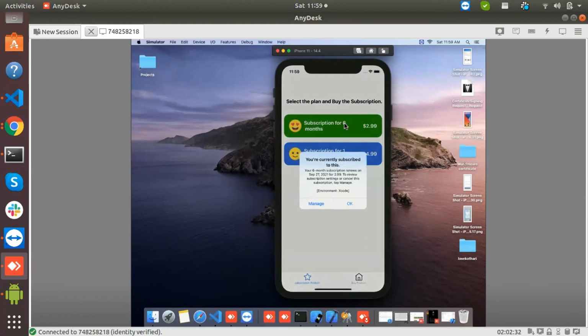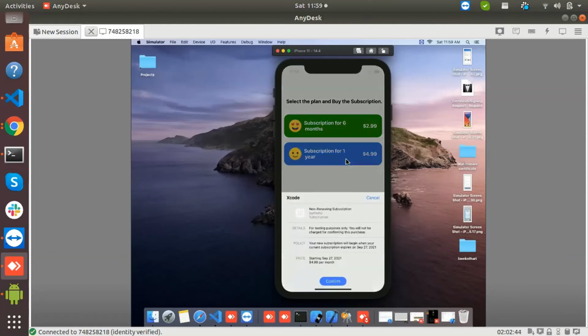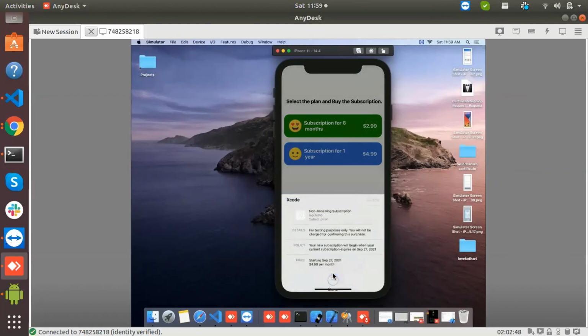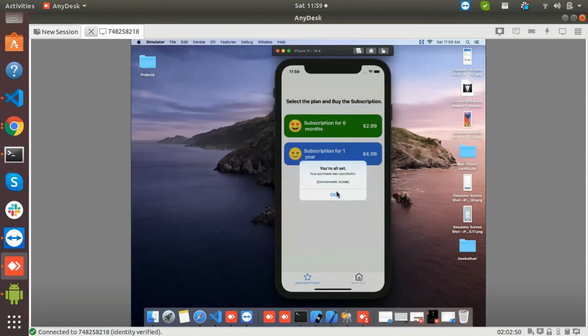If we purchase this subscription again, it shows that you are currently subscribed to this. This message is shown by Apple. Then we will subscribe to one more subscription.